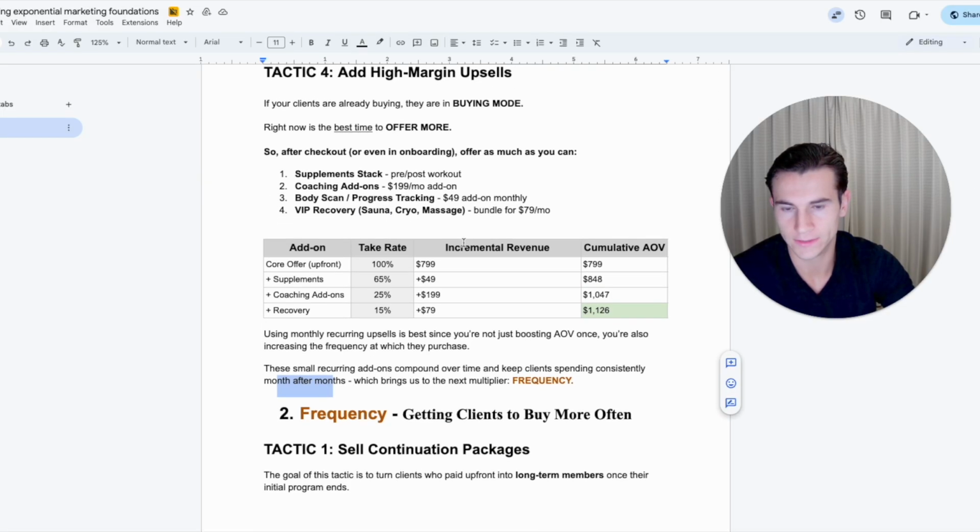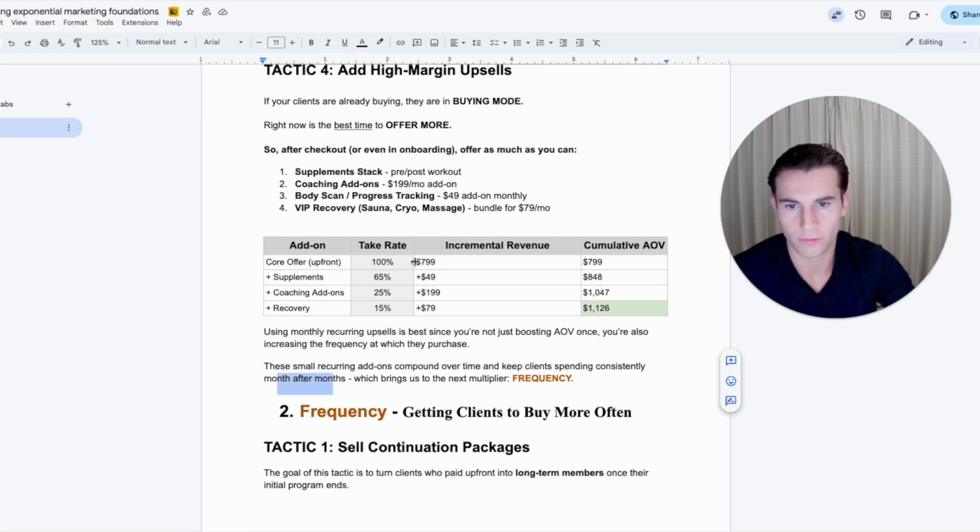So what I mean by this is, let's say your core offer is $800, okay, and they're buying 4 months up front of personal training. And then now you're saying supplements, coaching, recovery, and you've already bumped them down for that, let's say 6 months up front or whatever it was, okay? Now you can say, hey, listen, if you need help with supplements, coaching, recovery, usually it's going to be an extra $300 or $400 up front.